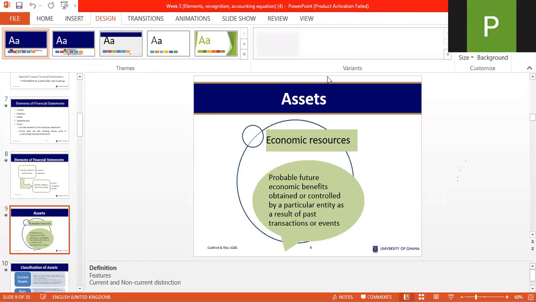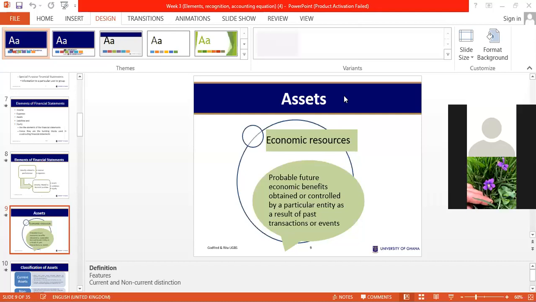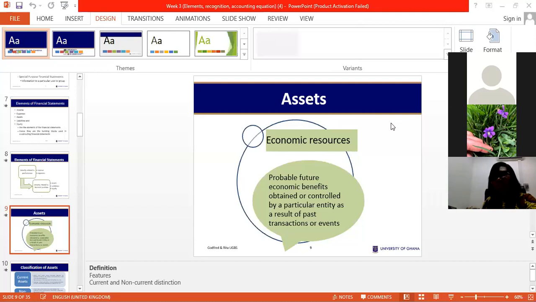Okay, so I can see a lot of hands up, but my view is that you may not be able to say that employees are assets. To some extent, it is the skills and expertise. I've seen somebody put in the chat, from Myanmar, that the skills and expertise of employees is what businesses pay for. Now, look at the description of an asset. It must provide some future economic benefit.